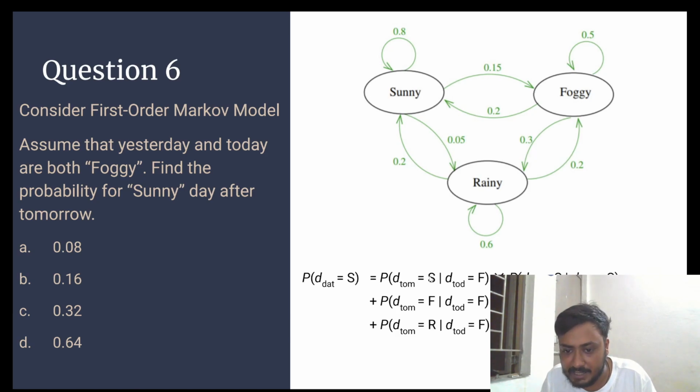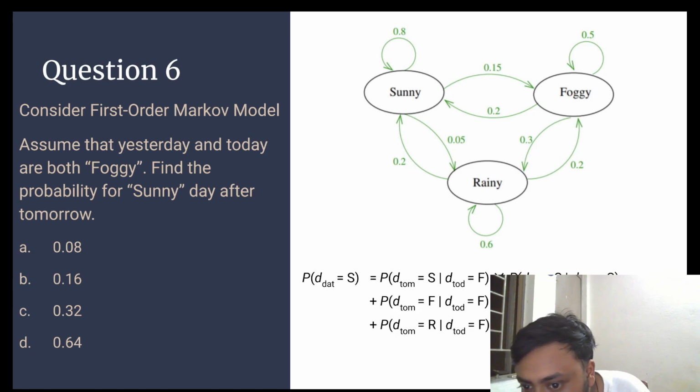First we are considering what the possible weathers for tomorrow are before we jump into the day after tomorrow. For tomorrow we can have sunny, foggy or rainy. We don't know that; we just know today is foggy. So it is the probability that tomorrow will be sunny given today is foggy, times the probability that the day after tomorrow will be sunny given tomorrow is sunny. So this is a chaining of the probability conditions. I hope you can understand. All right, because this is a first order Markov model,